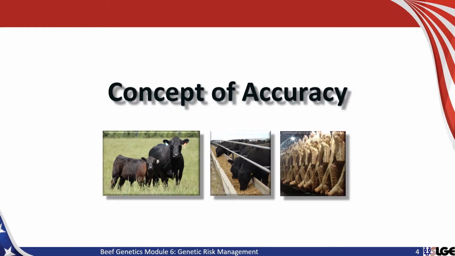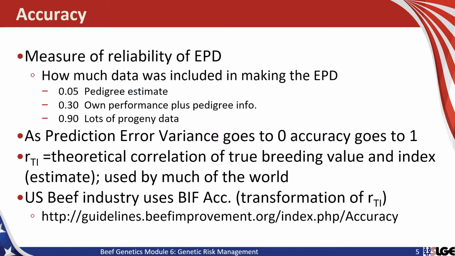First, we'll start with the concept of accuracy, or EPD accuracy. The accuracy of an EPD is simply a measure of its reliability. EPD accuracies are reflective of how much data was included in the computation of the expected progeny difference. For example, an animal that only has a limited amount of information that comes from, say, its pedigree or